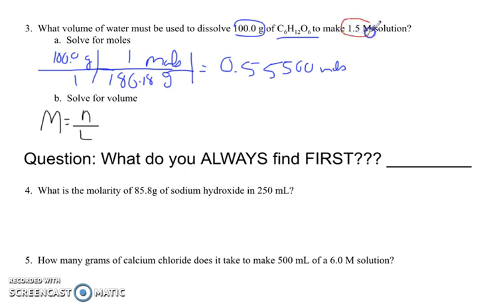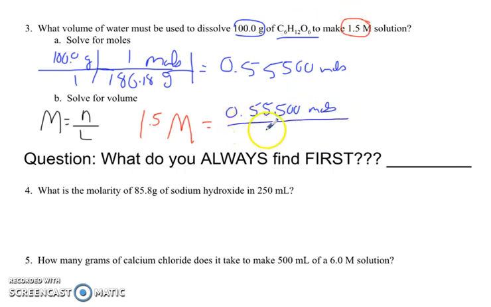Now I want to solve for my volume. They are telling me I want a 1.5 molar solution. So 1.5 molar is going to be equal to my number of moles, 0.55500 moles, over liters. This is just an algebra problem. So if I'm going to isolate and solve for liters, you could go about it whatever way you want. You could multiply liters to each side and then divide each side by 1.5. So however you like doing your order of operations, that is fine by me. You should get a final answer, though, of